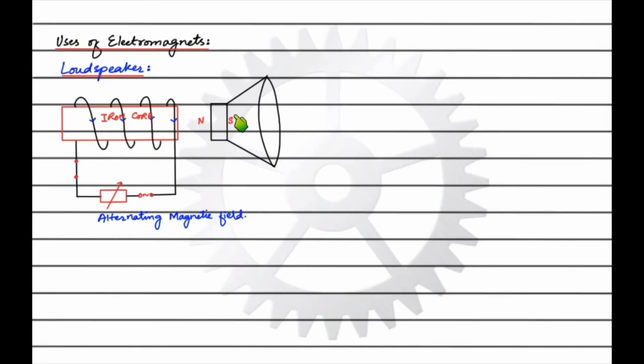This vibrating paper cone will push the air in front of it forwards and backwards, and this will create compressions and rarefactions. Compression will be created when the cone is moved outwards and the air is compressed, or you can say the air particles come closer. Similarly, if the cone moves inwards, there will be a region where there are fewer air molecules, and this region will be called rarefaction because there will be fewer air molecules, less pressure, and since the cone is vibrating inwards